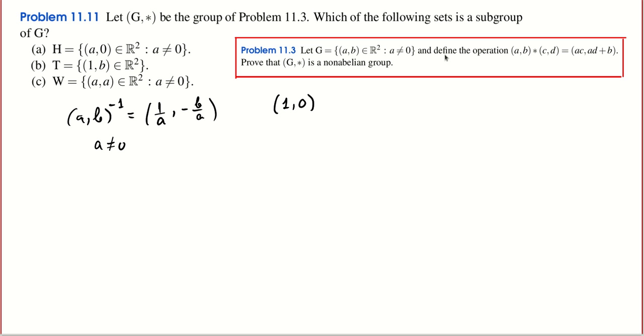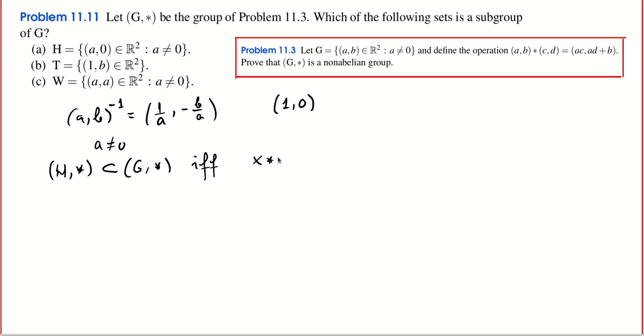Okay, but what we have to do now is to figure out, given these three subsets of G, which ones are subgroups of G, right? And for that, we're going to use the characterization of subgroups, which is the following. H is a subgroup of G. Well, let me use the notation for subgroups. So H with the product is a subgroup of G with this product if and only if